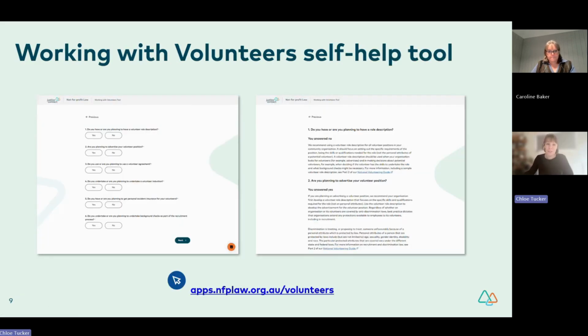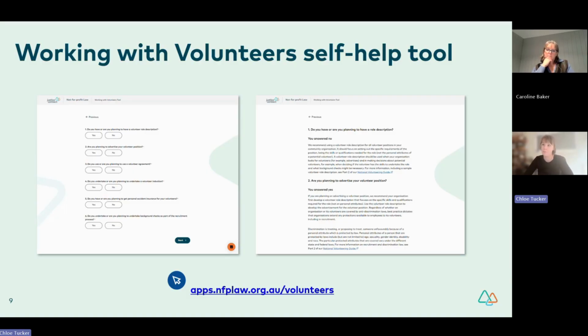So if you're unsure which parts of the guide may be most relevant to your organisation, you can start by using our Working with Volunteers self-help tool. The tool will ask you a series of questions about your organisation's current plans or activities. The key topics align with the National Volunteering Guide and include recruitment, safety, unlawful workplace behaviour, managing performance, and ending